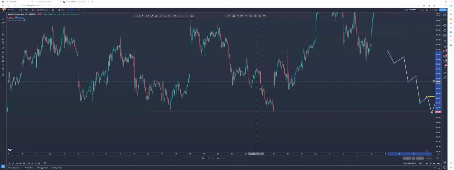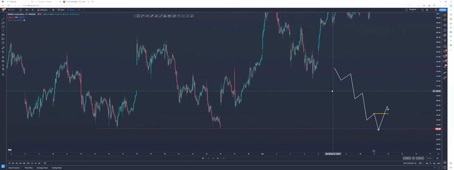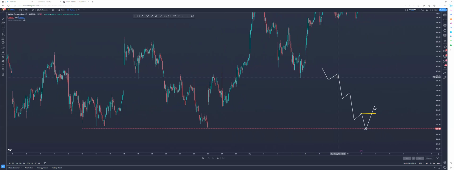But technically, this is actually wrong. You don't want to take calls until we have a breaker structure. But like I said, the more you do it, the more confident you become in your system, and you can do whatever you want to do, right? I'm also a risk to reward trader. We're going to get into that in a minute, but also, entering right here and my stop loss right below that level, I don't know how else you want me to put it. Your stop loss is literally right there. So it's up to you.